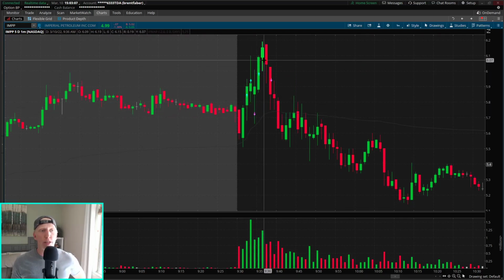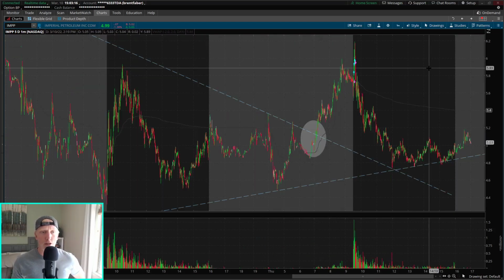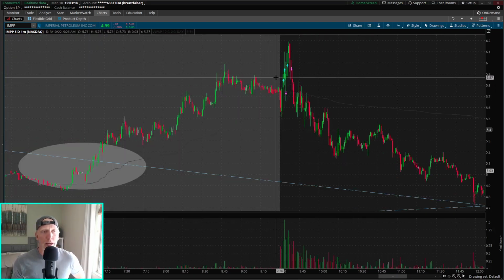It had a little bit more room to the upside to create a new high of day, but then sure enough just started selling off after there. So this one was a little bit of a secondary break even. I think I had a $4 loss in total that I took on it, but certainly I'll pay that